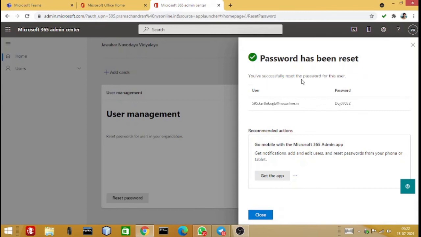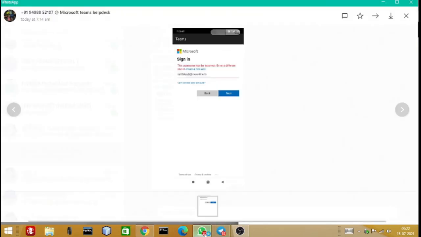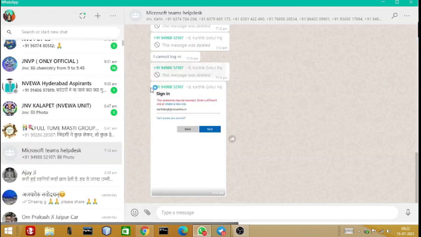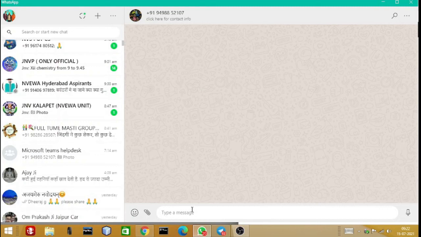See, the password has been reset. You have successfully reset the password of this user. You can copy the password from here itself. Copy it properly, go back to the person, and reply privately, because this is a password, and anybody can log in.